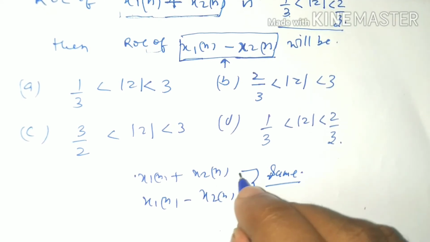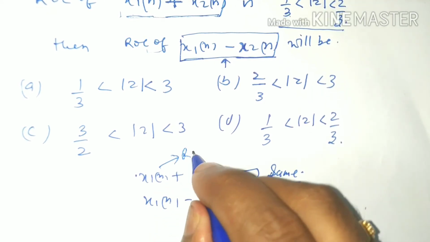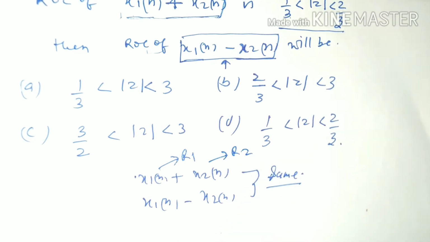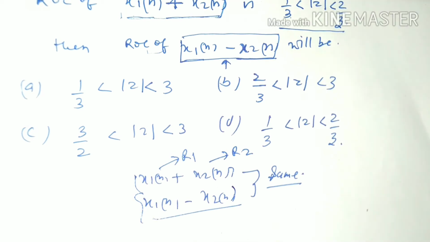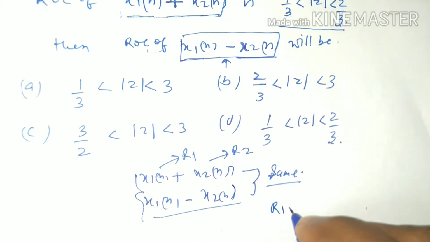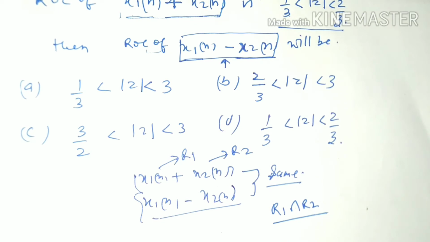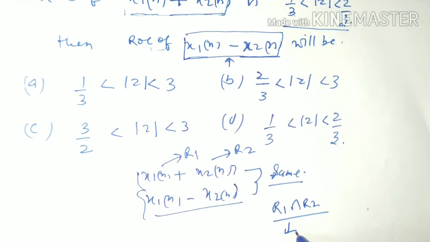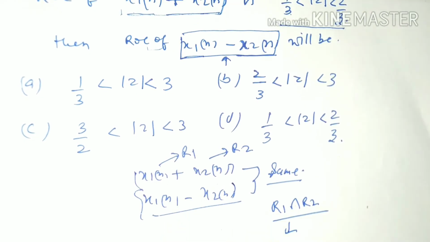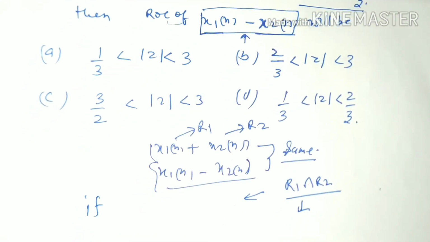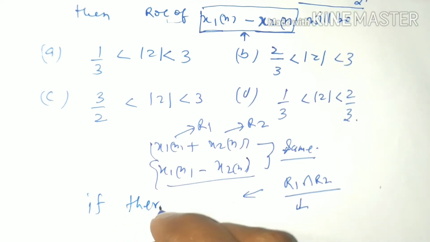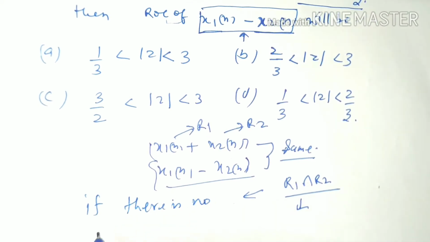If one signal has ROC R1 and another signal has ROC R2, then the ROC of its addition and subtraction will be R1 intersection R2. If we don't find any intersection between these ROCs, then we cannot find its corresponding Z transform. This is also an important point: if there is no intersection,